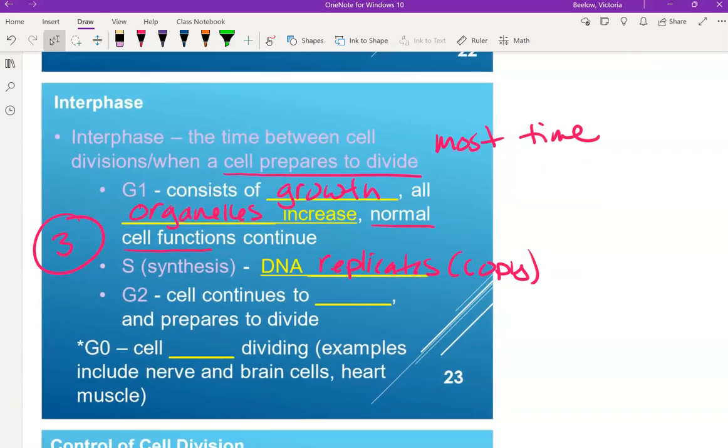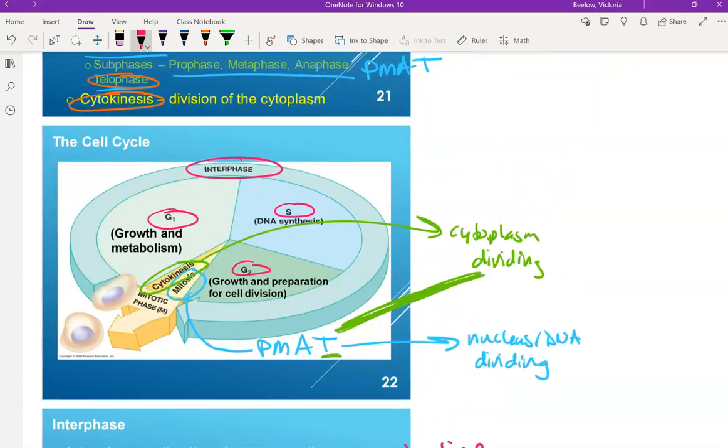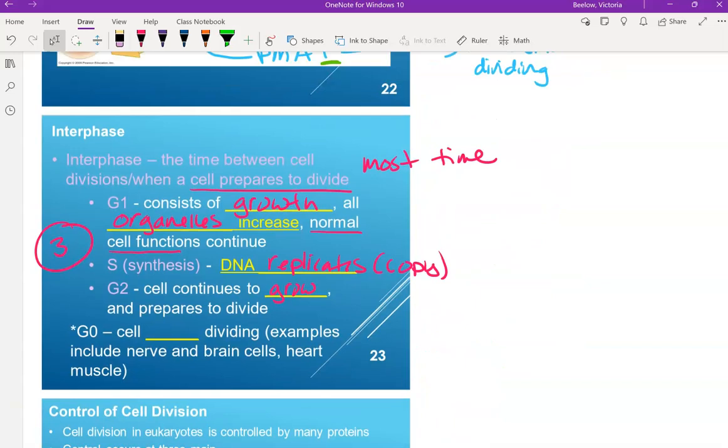And then the third phase of interphase is G2 or gap 2. And the cell is just continuing to grow and just preparing to divide. There is one phase that was not mentioned up here, and that is called G0 or gap 0. And this is when the cell